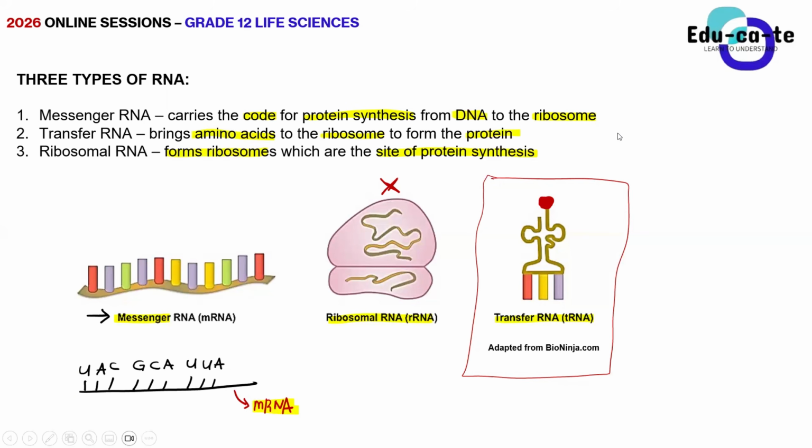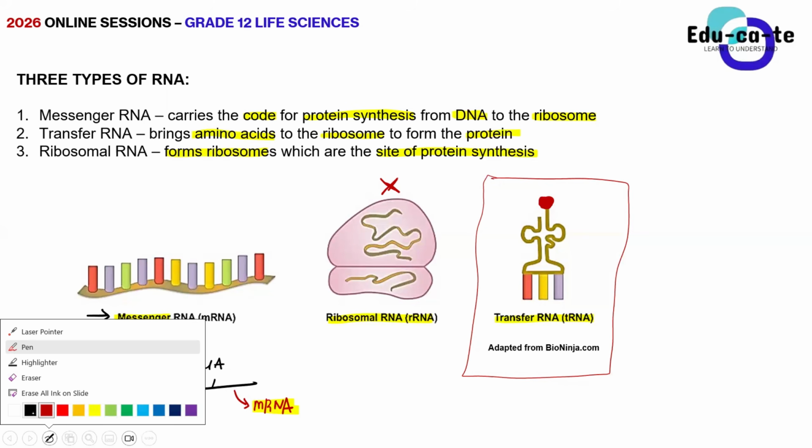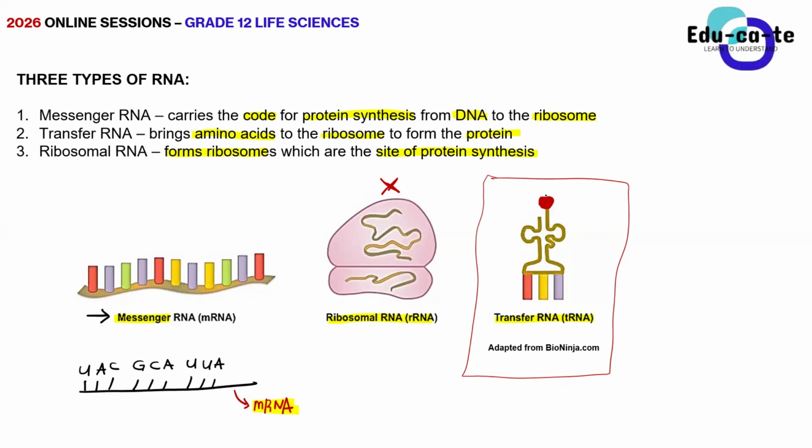Okay. So now, on top of tRNA, you're going to see this circular shape here. This circular shape is the amino acid itself. So I'm sure we said that a tRNA carries amino acids to the ribosome. So on top of a tRNA molecule, you will always see a round shape, and that round shape is a what? An amino acid.